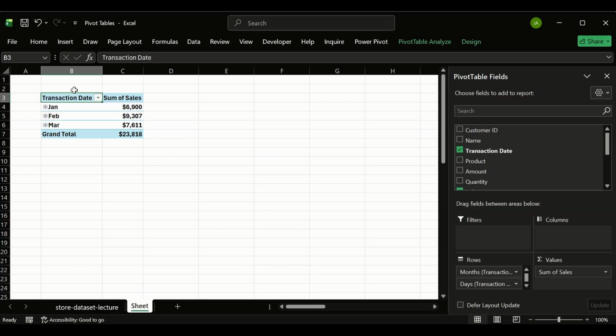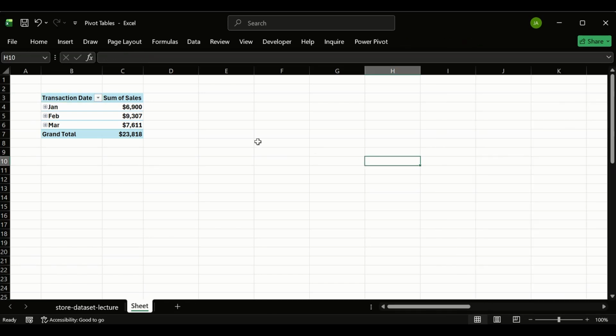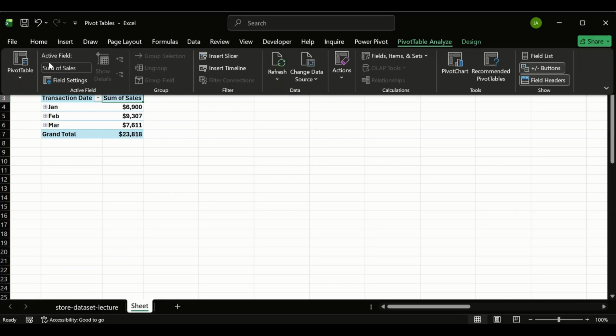For example, I want to rename my table and I don't like this here, so I just cancel this. Fine, no issues, and I click on this. I go ahead to rename my pivot table, so I say sales by